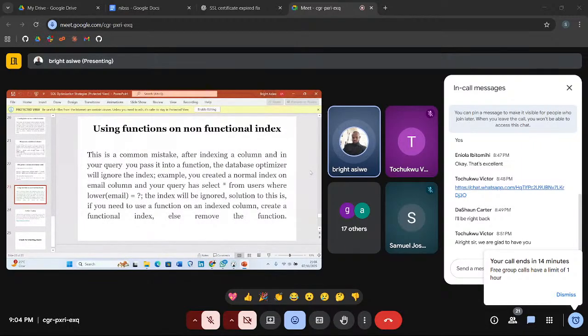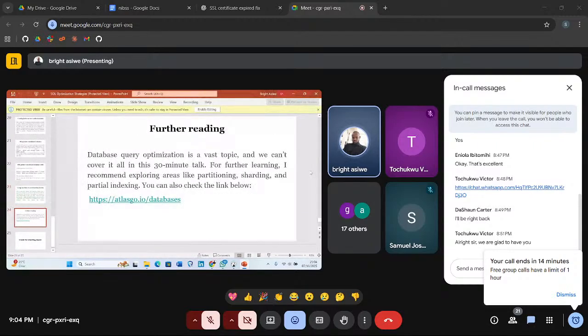So don't just index once and go, because once you index and leave it, you have many people working on that system. They may change the queries, update the queries, and the filtering criteria may have changed. So you have to always re-evaluate, profile your queries, then go back and re-index, delete the old ones so you don't have many indexes. Always avoid too many indexes because it will affect the read. Yeah, so database query optimization is a vast topic, and we can talk about it